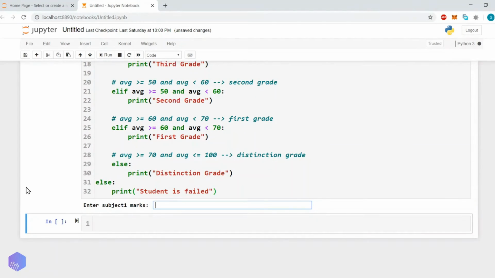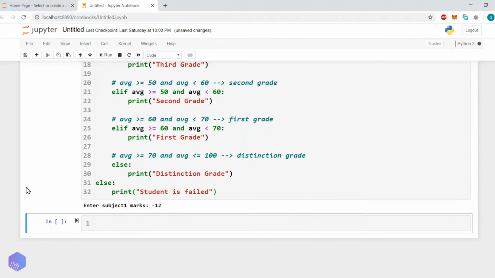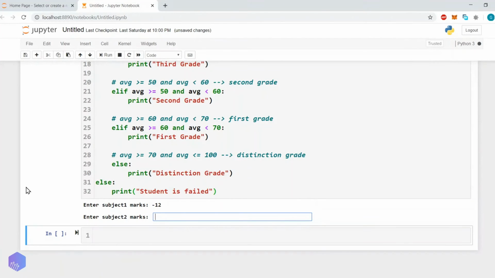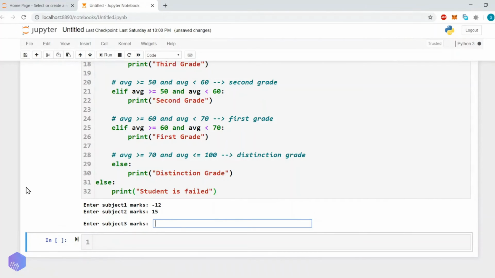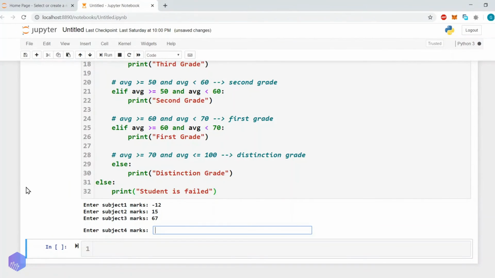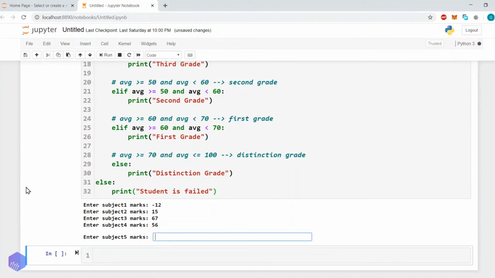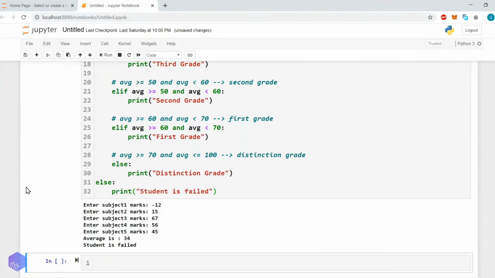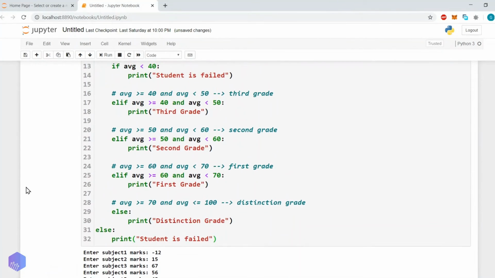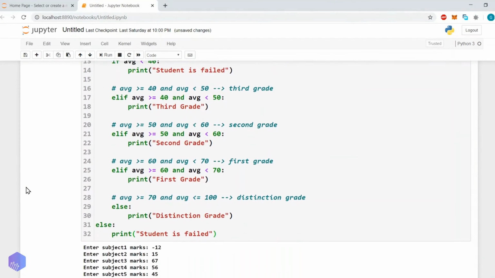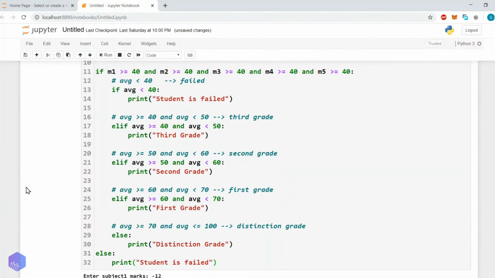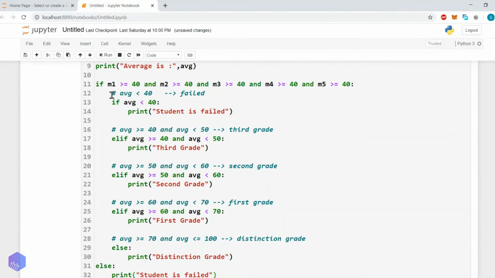Let's say for one subject I am entering a negative mark, -12, then 15, then 67, then 56, then 45. Okay, the average is 34 and the student is failed. In this case one of the subject marks is negative, so it won't go into this portion of code.